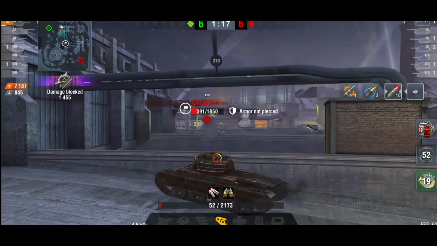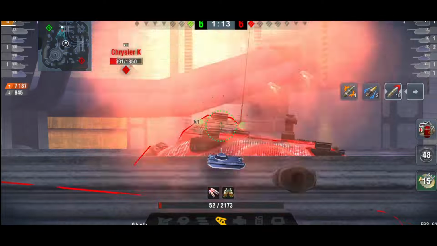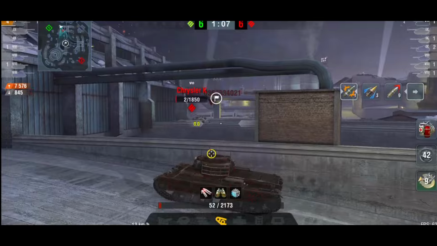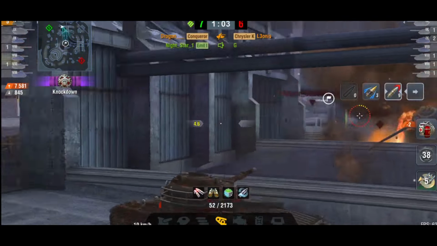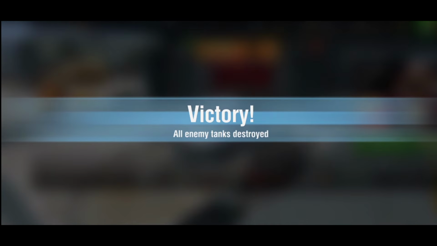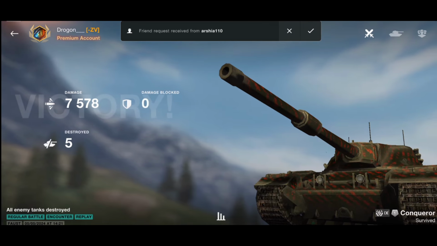And he misses, but he does get a lucky bounce. So he's going to go for the guy there, and as you can see, just 2 HP, and this is where the last HE shell comes in useful. He misses his shot, got all the time in the world, and he gets his 5th kill. Absolutely amazing battle, very, very good battle, and that is the kind of damage you can do with the Conqueror,